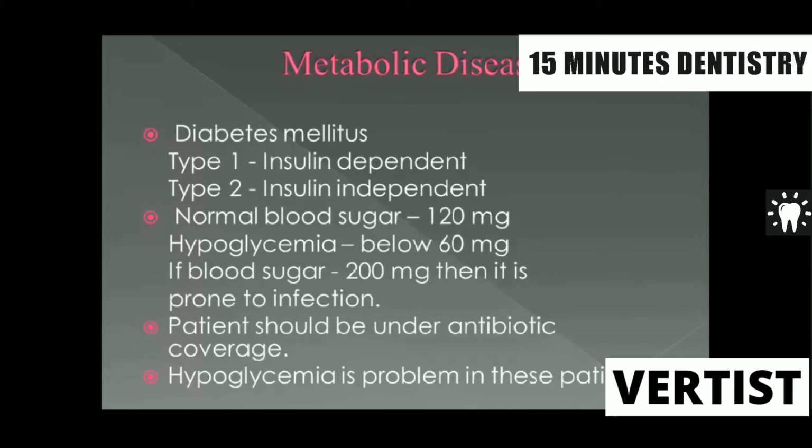When you're treating diabetic patients, always check the blood sugar level, that is the RBS, random blood sugar level. Then put the patient under antibiotic coverage so that we can prevent the development of an infection. Preferably, give one glass of glucose water; there will not be any problem with hyperglycemia, and you are not taking any chance of developing hypoglycemia in such patients. So rather give one glass of glucose water and treat the patient, and a short period of hypoglycemia is not going to cause any problem to the patient.